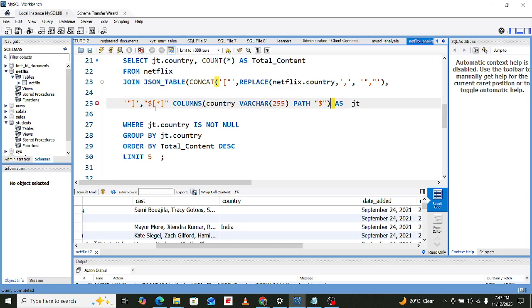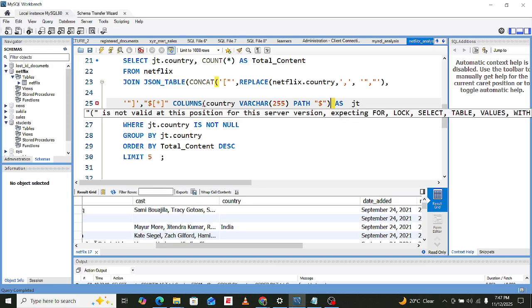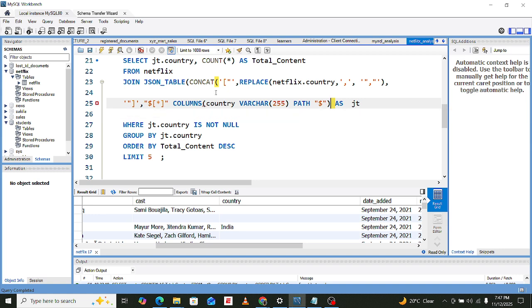That is the dollar sign and statistic that is inside it, and then from here we have columns, and then we must open these. That is the country voucher 255, and then we have